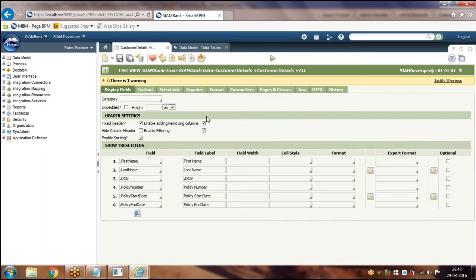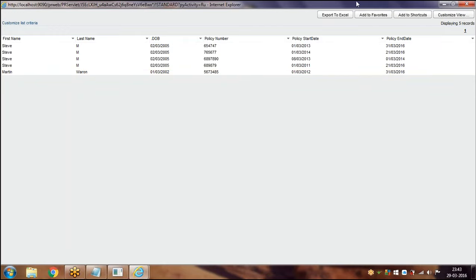So the summary view rule and list view rule support only inner join, whereas report definition supports inner and outer join. That's a basic difference between the report definition and the list view and summary view rules. So this is how a list view rule will work. Just click on run. It will get the detailed data.